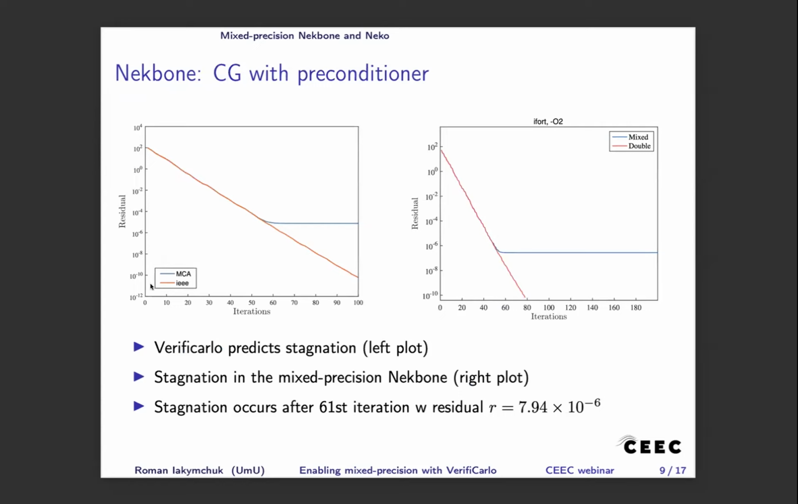This stagnation, on the left, was predicted with VerifiCarlo using the MCA backend, and then it was confirmed when we ran the simulation. So we have some stagnation. Here we can open a discussion: is 10 to the power minus 6 enough for the simulation? Can we stop and proceed with our simulation? Sometimes yes, some simulations stop at 10 to the power minus 4. It's a residual for the solver, but for some we may need higher accuracy, especially when we have this fine